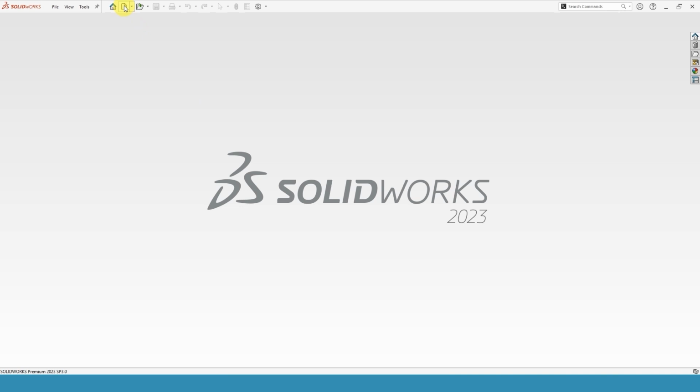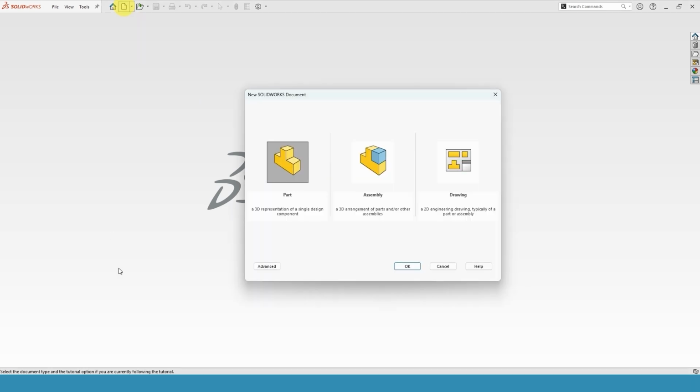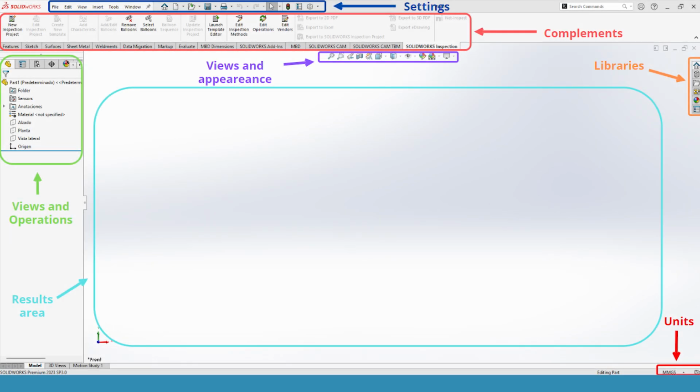We will show you how to start a new project, whether it be a part, an assembly, or a drawing, and guide you through the graphic environment so you feel comfortable from the first moment. Don't worry about the amount of information. With each design you complete, you'll adapt more to the environment and discover how intuitive 3D modeling can be.